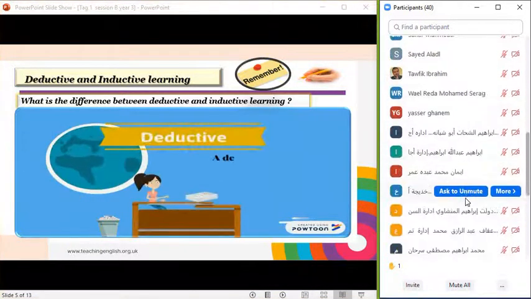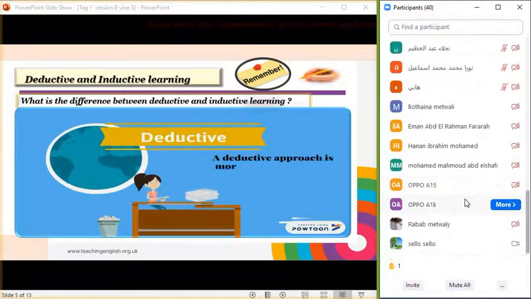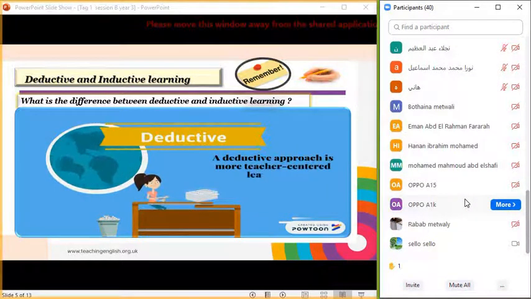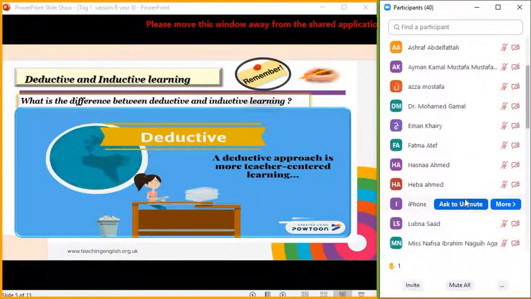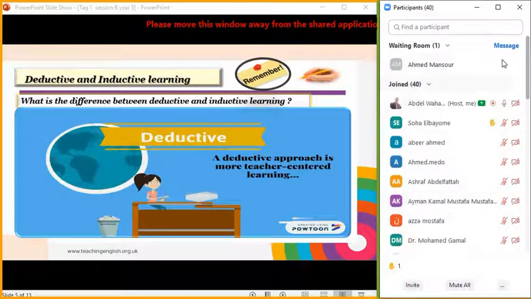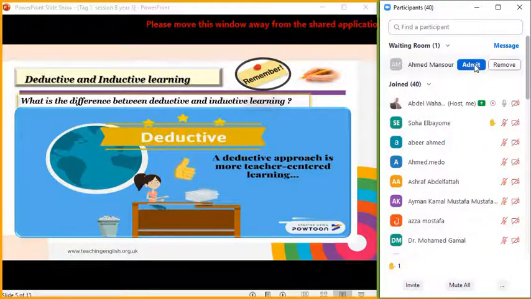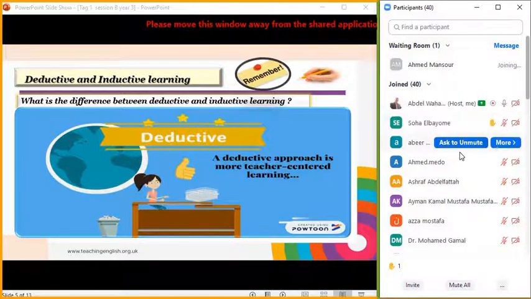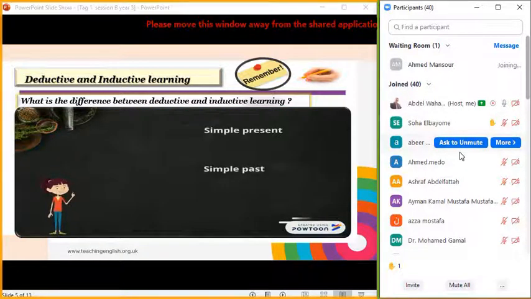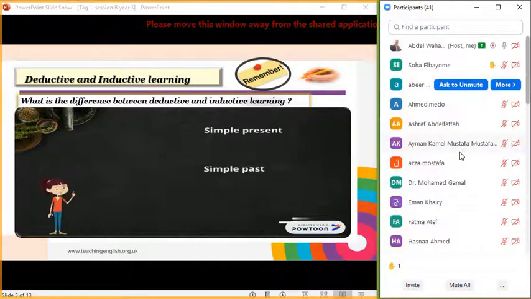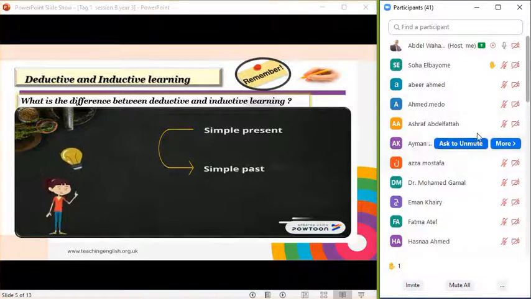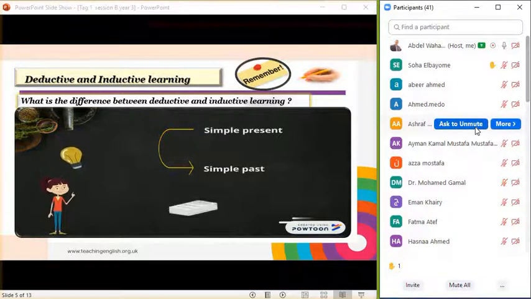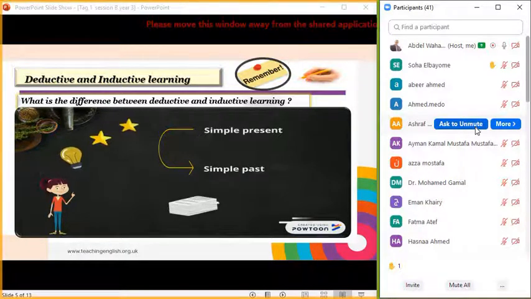A deductive approach is more teacher-centered learning, where the points of English grammar are explicitly stated to the student and then tested. Once the grammar is introduced and explained, the students usually complete grammar exercises to become familiar with the pattern. It means a teacher writes examples of simple present and simple past sentences on the board, then explains the differences between present and past in English. Once the lecture is complete, worksheets are handed out and students are asked to convert simple sentences from present to past.